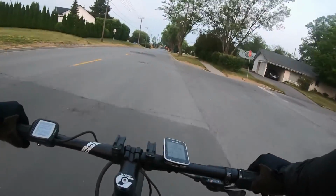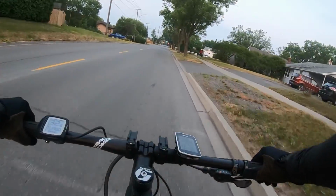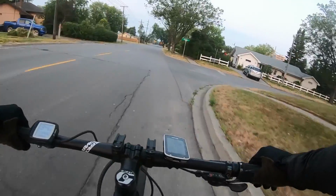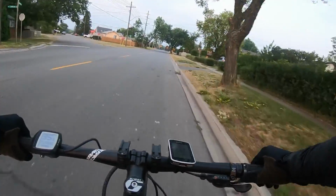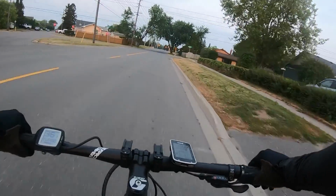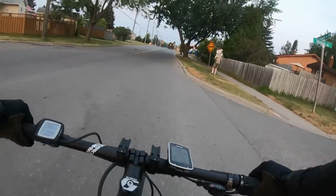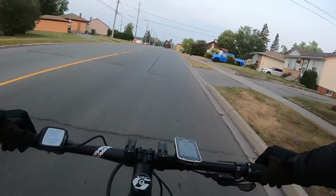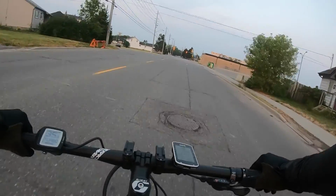So this one is completely legal. I don't know how to hack it. It has its quirks, like I don't think I'm getting the true speed out of it. Like when the Bosch computer on it says I'm going 32k an hour,